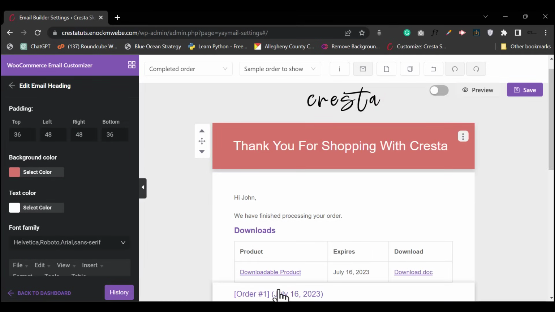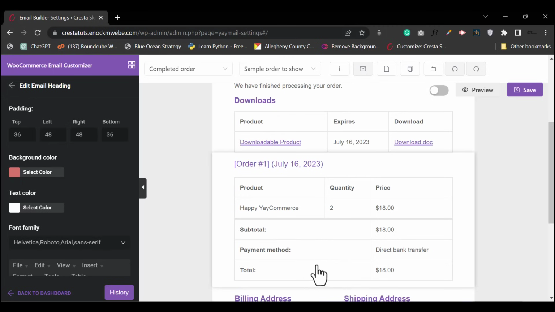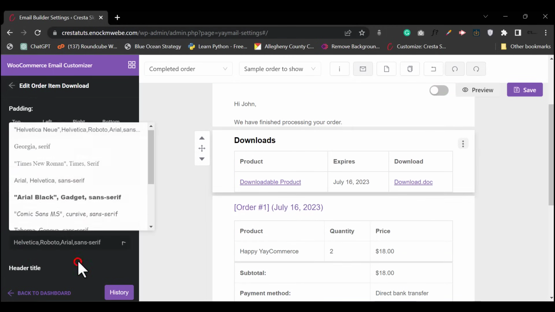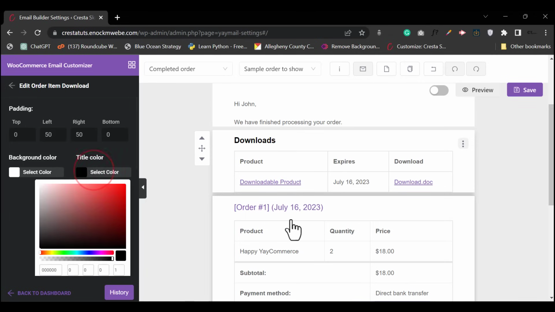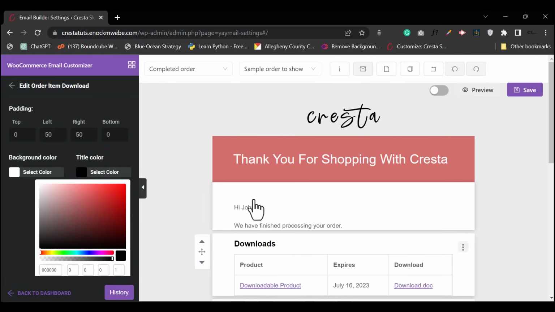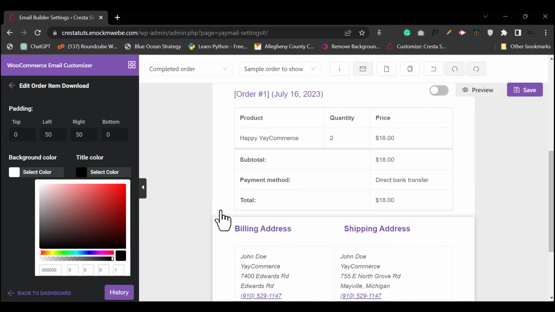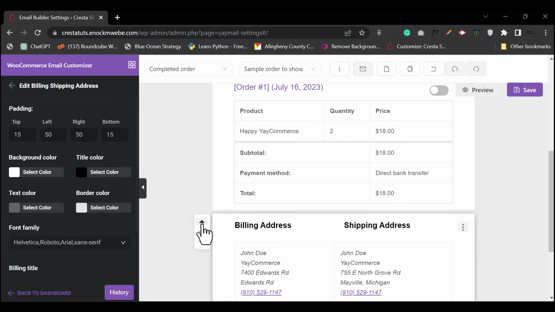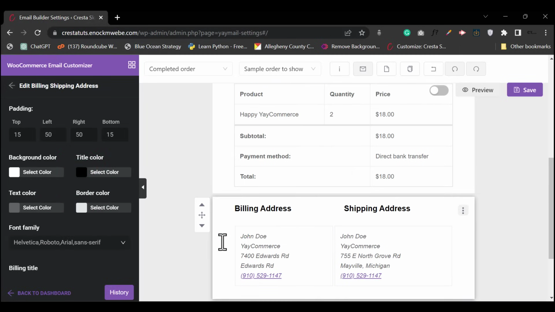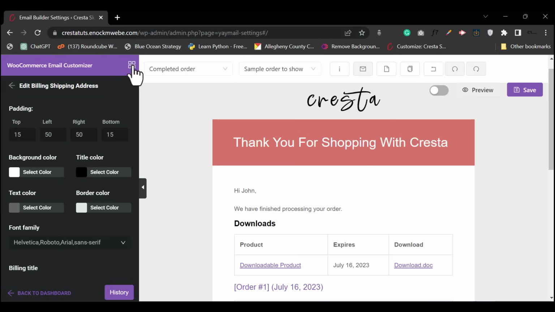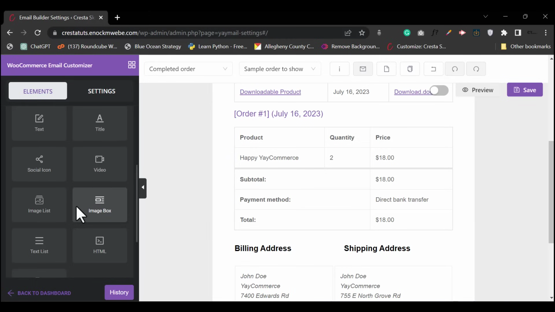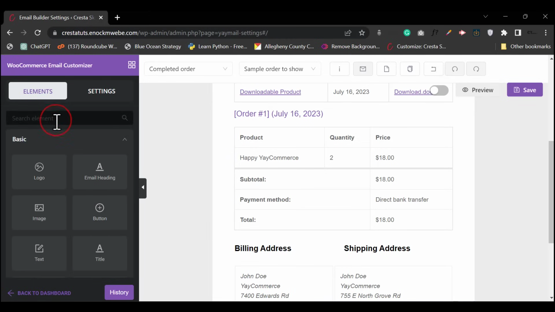So basically, this by default is how the WooCommerce plugin would look, but you can customize these. Once you come into the title colors, maybe you can make these headings black instead of the WooCommerce default blue and stuff like that. Then probably what you can add, when you click that menu icon, is something like, let's search for